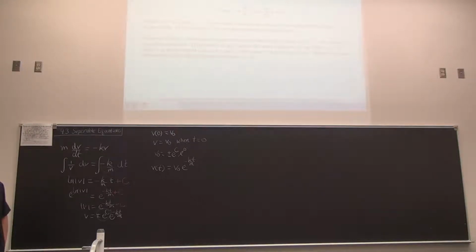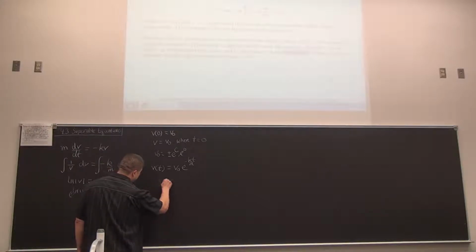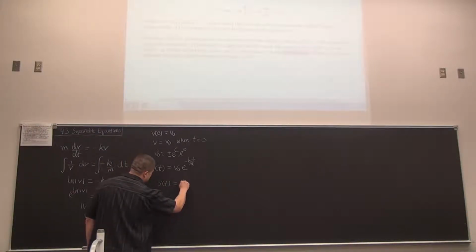It says also determine s at any time t. So I guess you could say we're halfway done. Anyone see how you would get s from this point so far? One thing we have to say is that s is just the position of this particle at any time t. And if we say s of t is the displacement